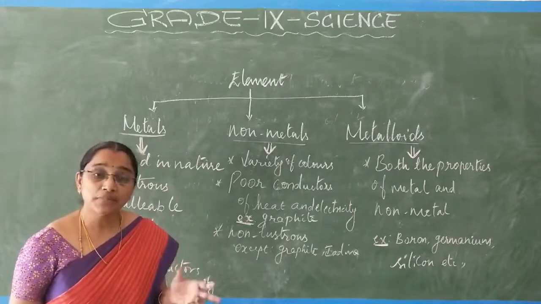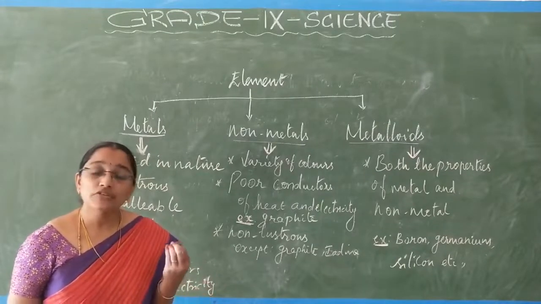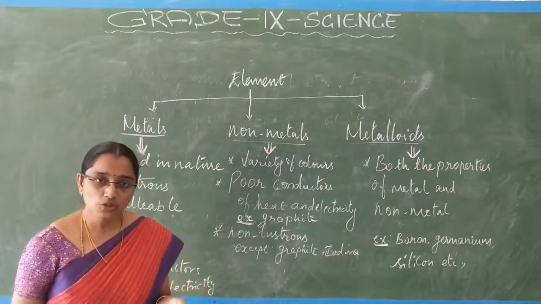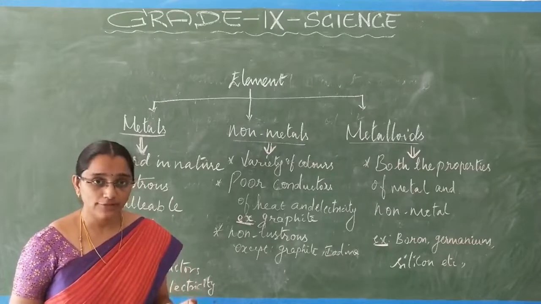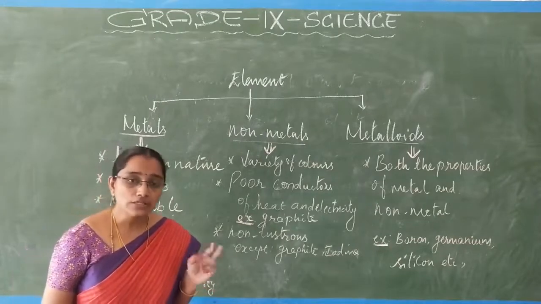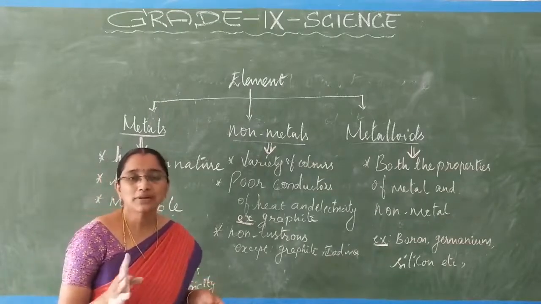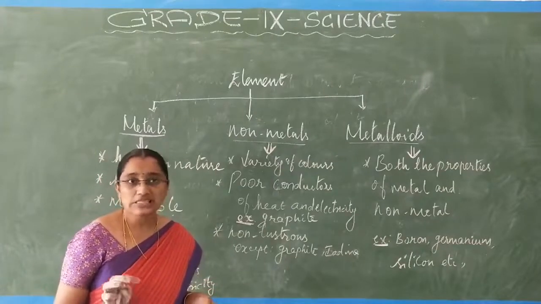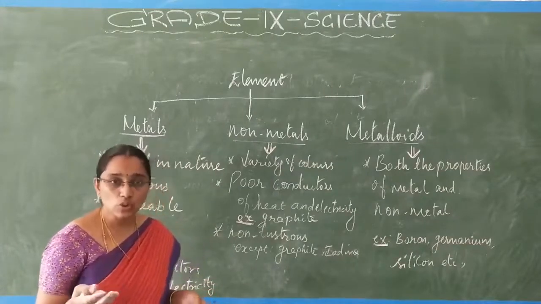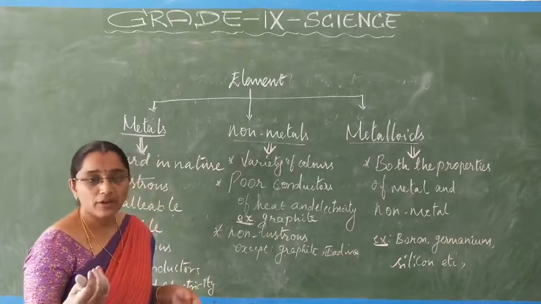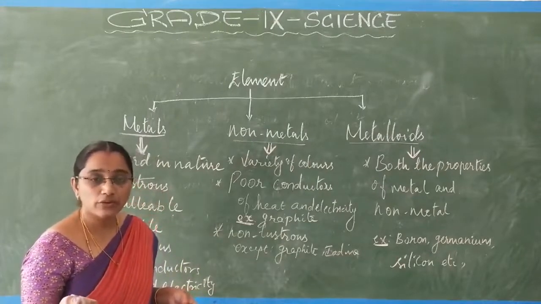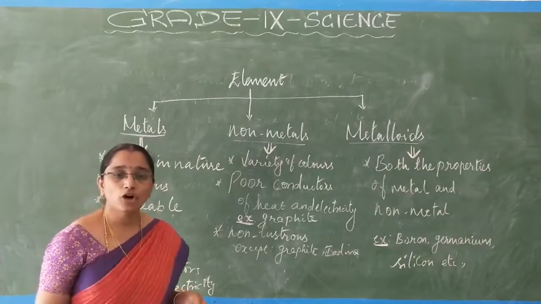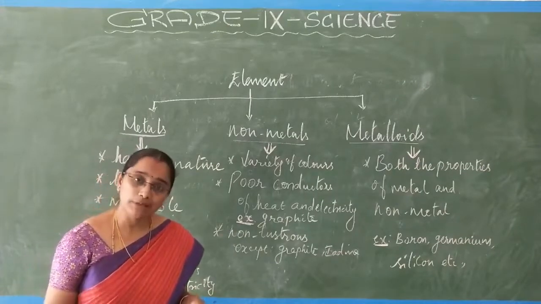We have some other metals which are soft in nature, that is sodium and potassium. These two metals we can even cut with a knife. So those two metals are soft. Apart from that, all the metals are hard in nature. And we have two more metals, cesium and gallium. Even those metals, if we keep them in our hand, will melt at our body temperature. So these metals may be in liquid form at room temperature.